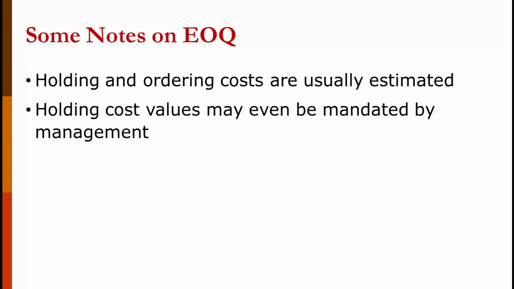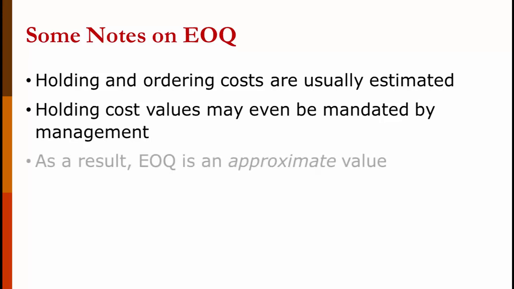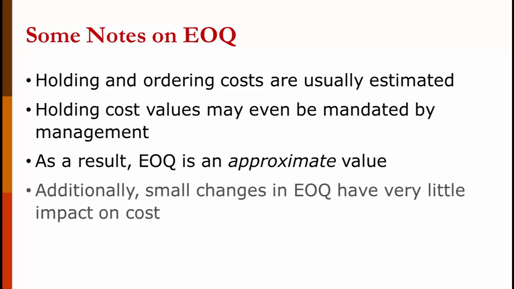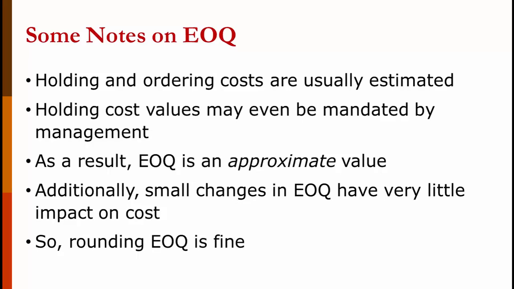They just published an official amount. As a result, the Q value that you calculate is an approximate value. It's not an exact value. Also, small changes in the Q value have very little impact on cost. So you shouldn't do it on the homework problems, but in real life it's okay to round it to the nearest 10 or the nearest 100 or the nearest box size or the nearest pallet size, whatever makes sense for